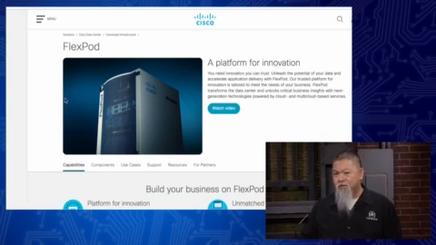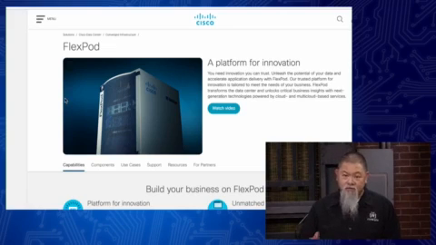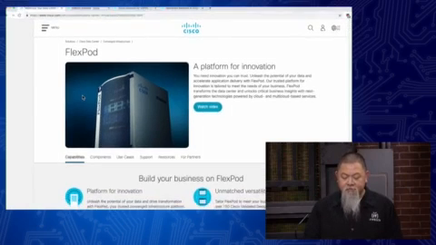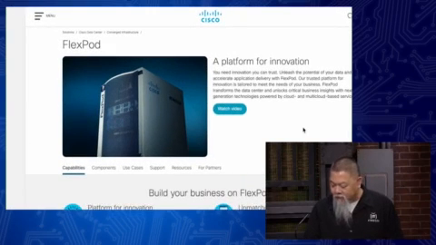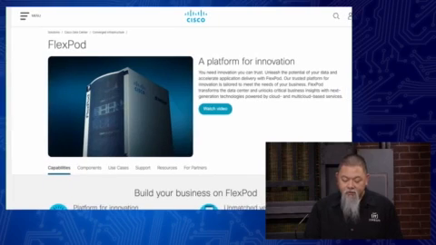You're saying, where the heck did FlexPod come from? The actual exam objectives themselves, okay, is where they came from. And so I typed that in, and that brings us to this, okay? And here they call it a platform for innovation. Now, Vaughn, this one right here is actually a combination of two companies.